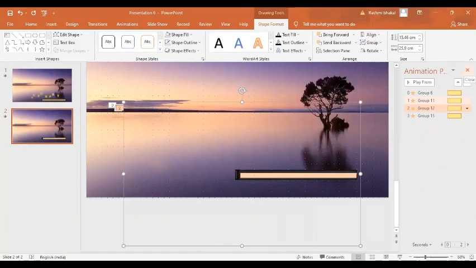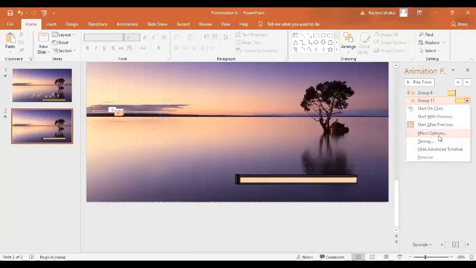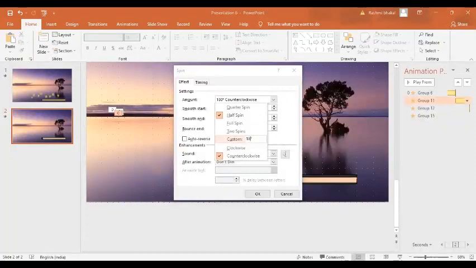Now in the next option, I will click the drop down menu, and now I am going to select start after previous. Okay, now again for the group 12, start after previous. For the group 15, drop down menu, start after previous. Okay, now for the group 11, I will go to the drop down menu, I'll go to the effect options, and instead of 185 degrees, I am going to write 183 degrees. Okay,